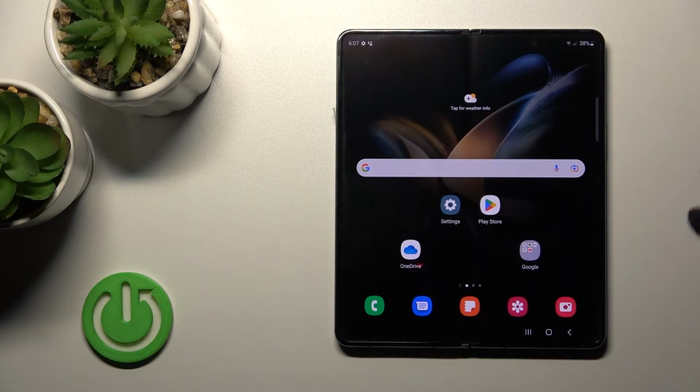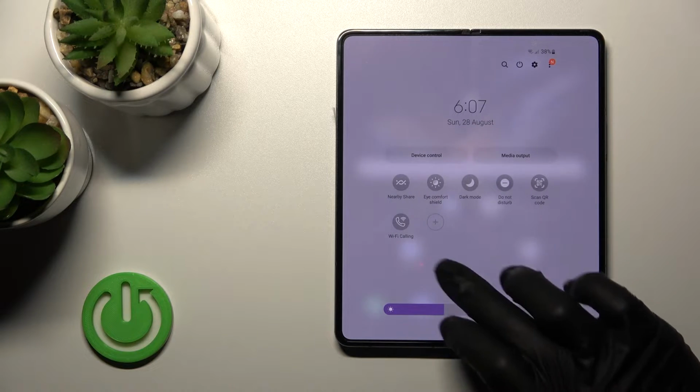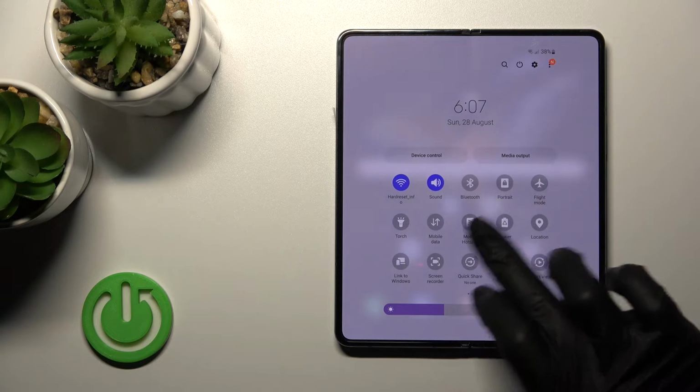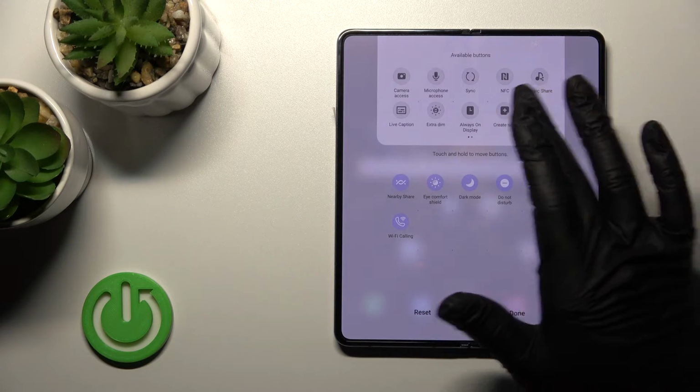And also we can do it a second way. First you should open the notification panel, and somewhere here you should find the NFC icon. If you don't have this icon, like in my case, you should click on this plus, and after that